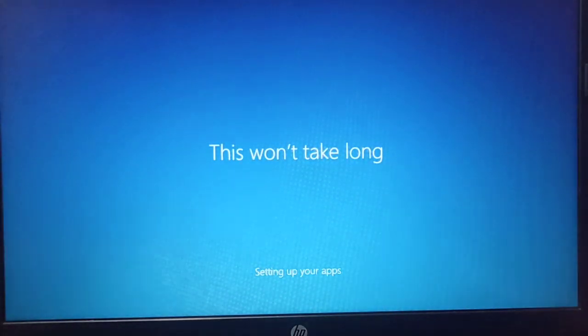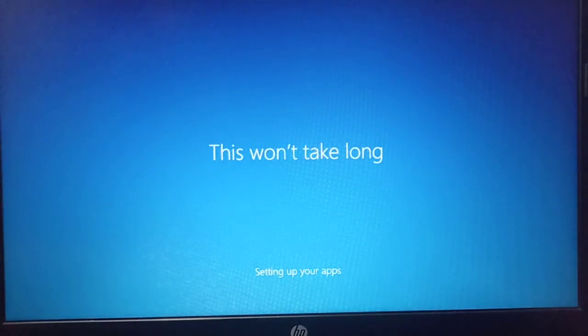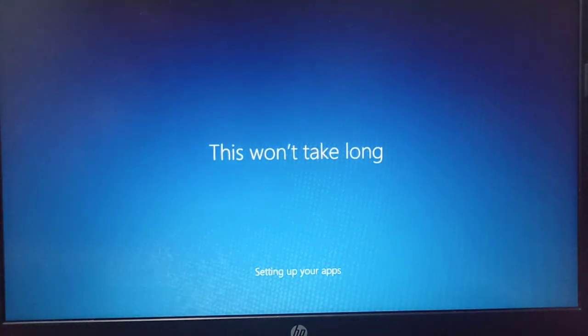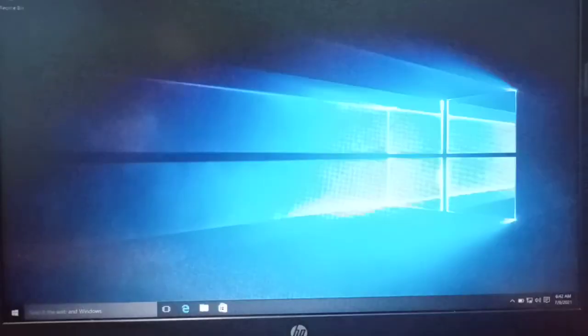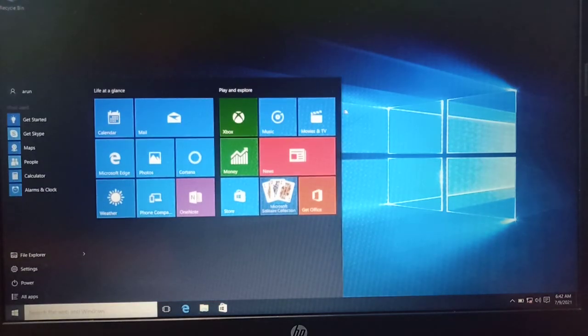Some apps are going to be upgraded for Windows 10. So it might take some time, so just wait until it gets completed. So finally our Windows installation is completed. So this is the screen for our Windows 10.